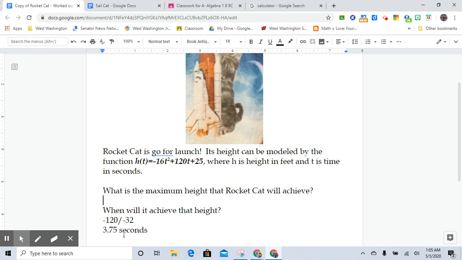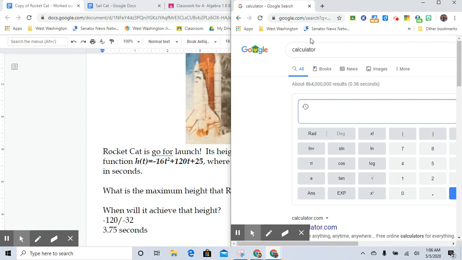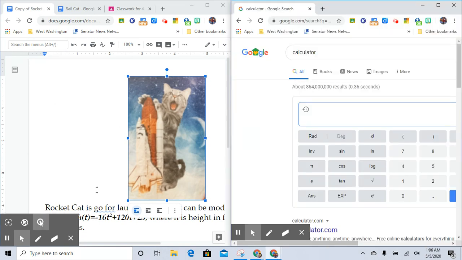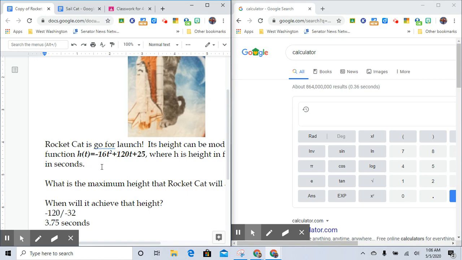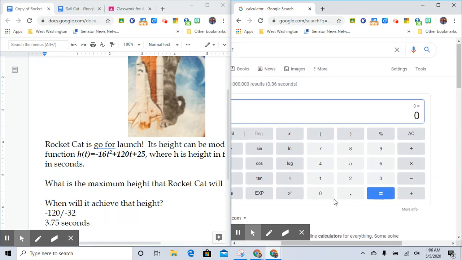And that height, well, we need to plug that back into this formula right here, and then that's going to give us the height for one thing. Alrighty. So 3.75 is what we are going to put into the t spot. So right here, I'm just going to go negative 16 times